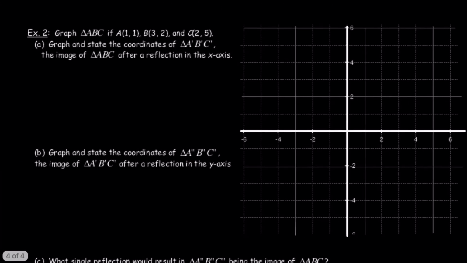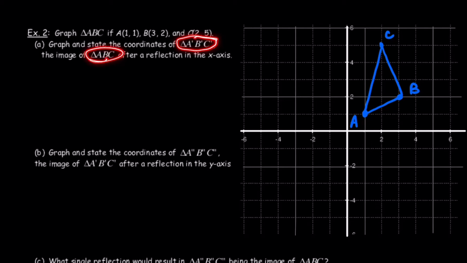Okay, let's try another one. This time, we have to graph the original shape. So it says here, graph triangle ABC if A is 1, 1. So let's plot that point. There's A. B is 3, 2. So there's B. And C is 2, 5. There's C. And we're going to sketch that in. If you've got a straight edge, this would be a great application for it. Now the directions say graph and state the coordinates of A prime, B prime, C prime, which is the image